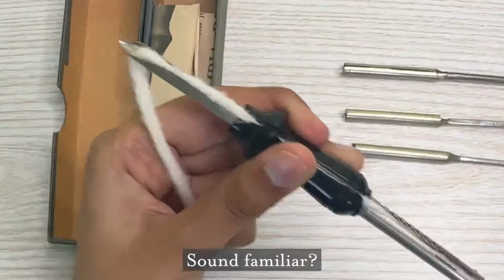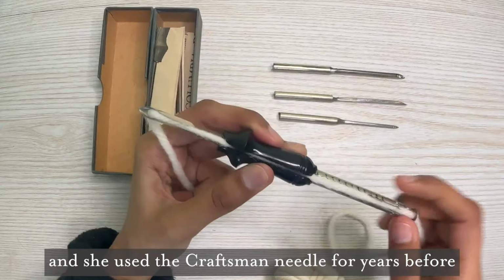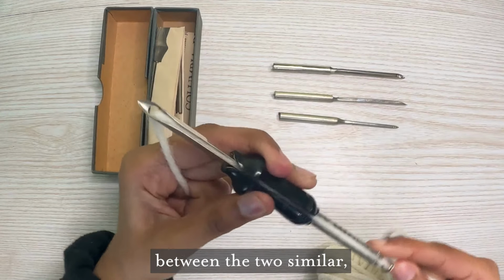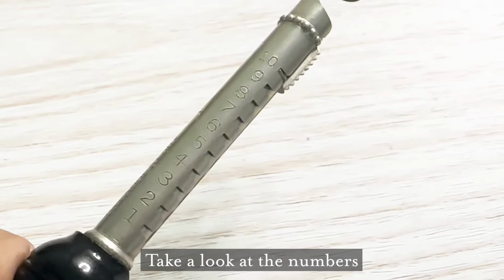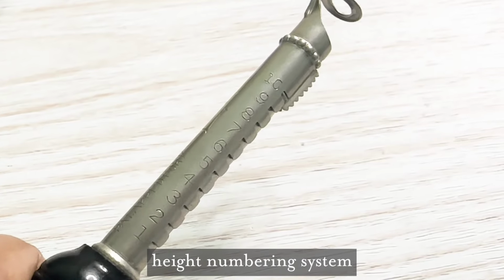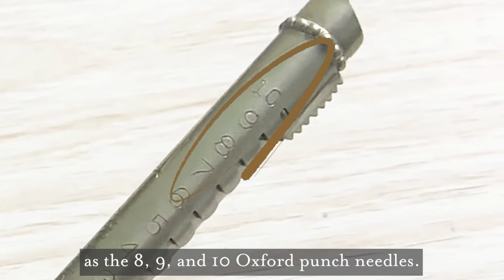Sound familiar? This is the needle that Amy Oxford based her Oxford punch needles on, and she used the Craftsman needle for years before inventing the Oxfords. Not only are the threading systems between the two similar, but also the numbering systems. Take a look at the numbers on the side of the needle holder here. Amy Oxford based her punch needle loop height numbering system right from the Craftsman. So the 8, 9, and 10 on the Craftsman needle are the same as the 8, 9, and 10